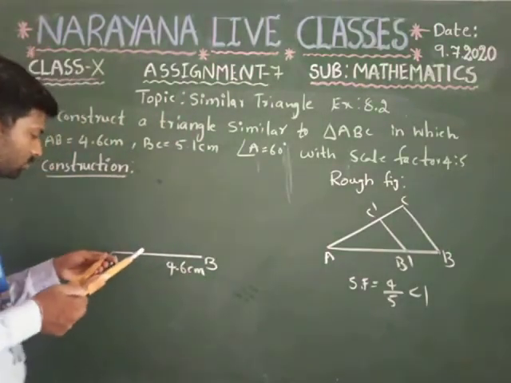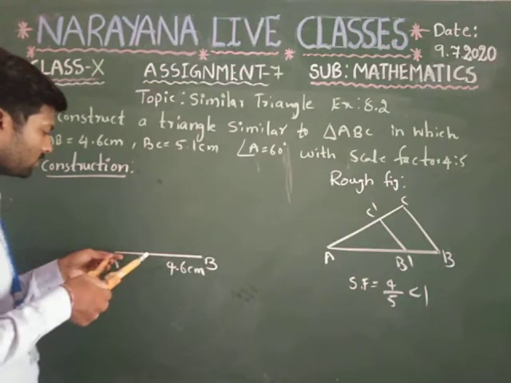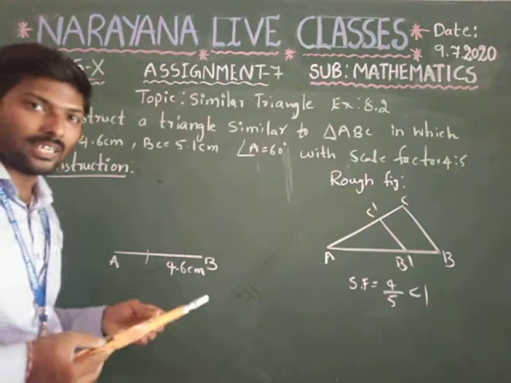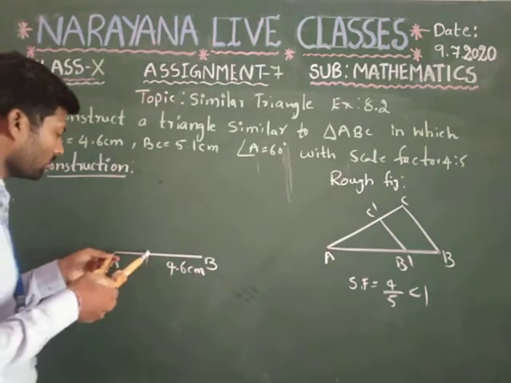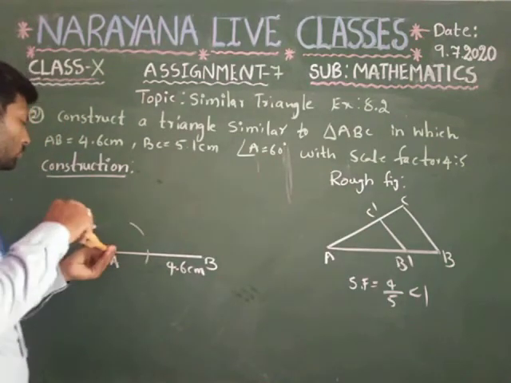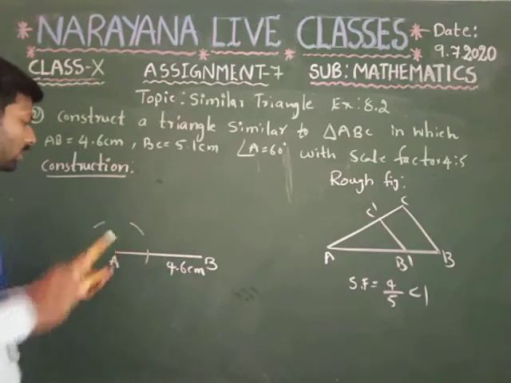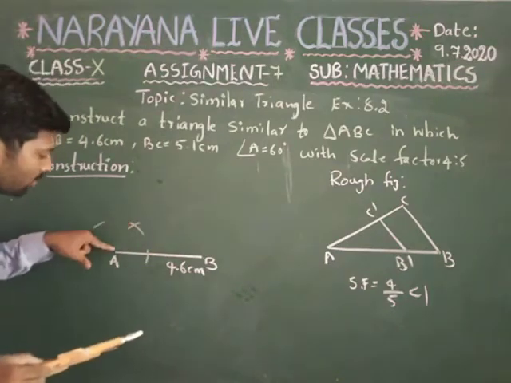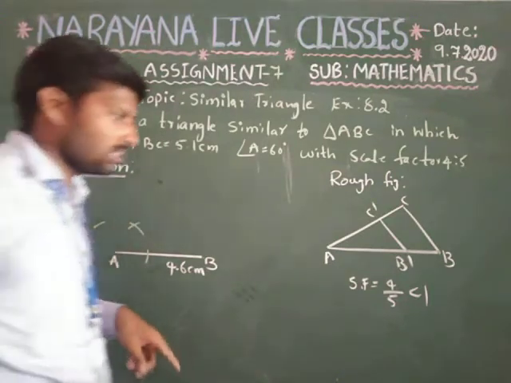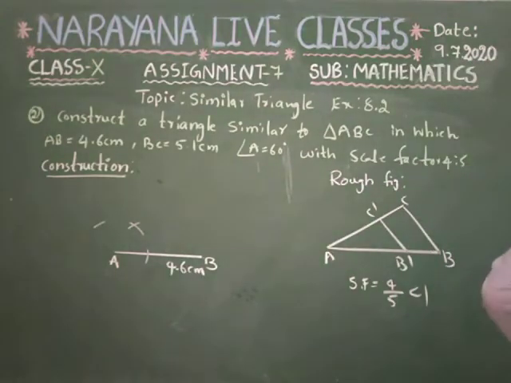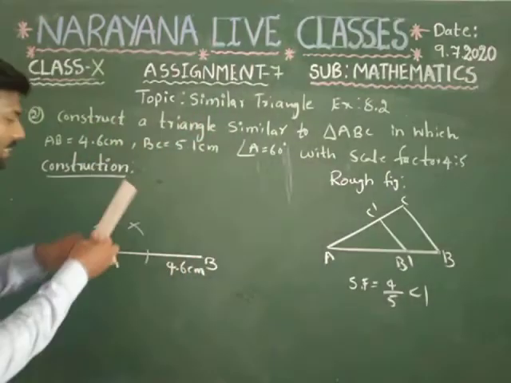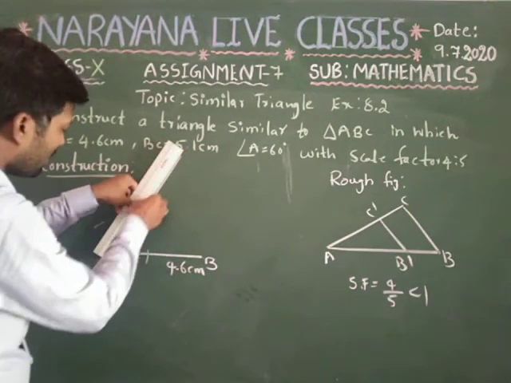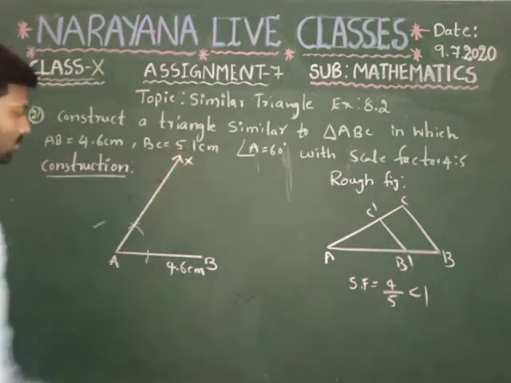Before going to that, first of all take a point like this with any length. Take this point, draw an arc. 1, 2, 3. Again take this point as a center, draw an arc. Now this is nothing but the construction of a 60 degrees angle. Let's join these two points, so that you draw a ray. Let me take it as the AX ray.